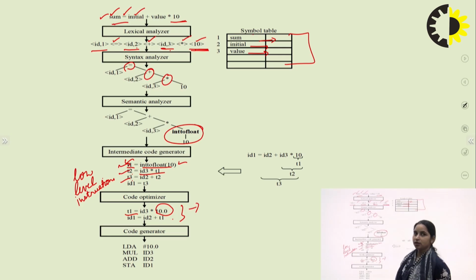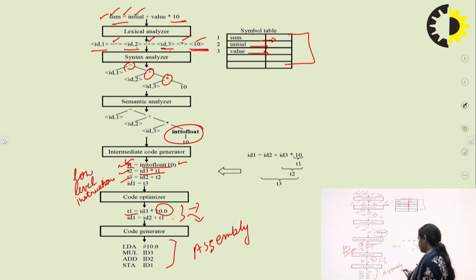Then we are doing code generation, the last phase of the compiler, in which we are converting the intermediate code into assembly language.